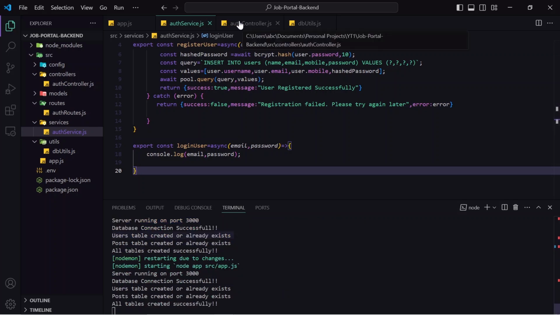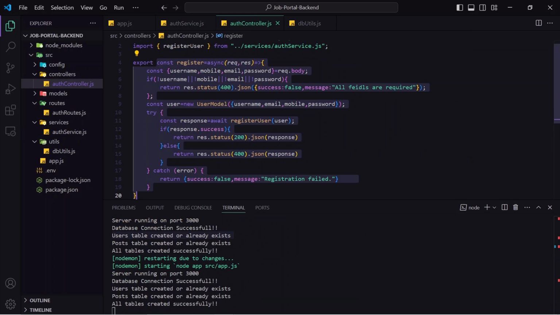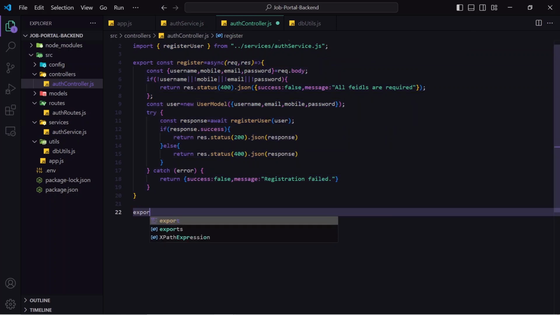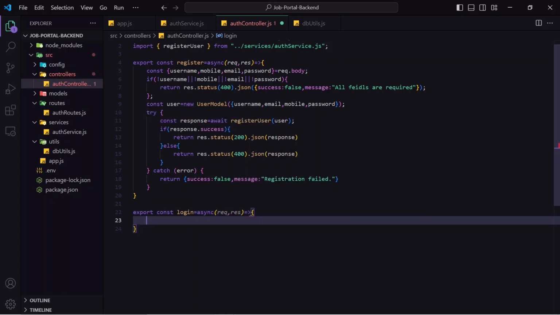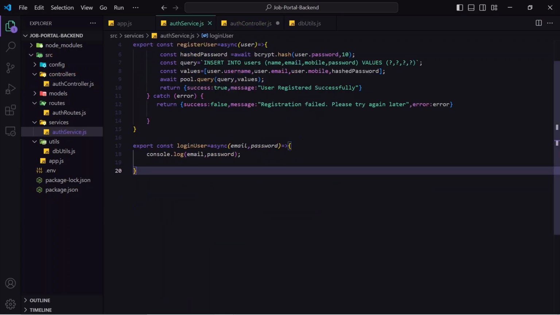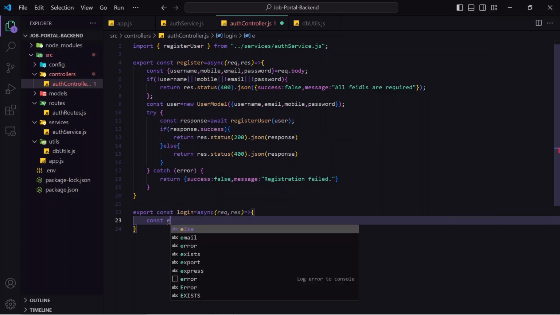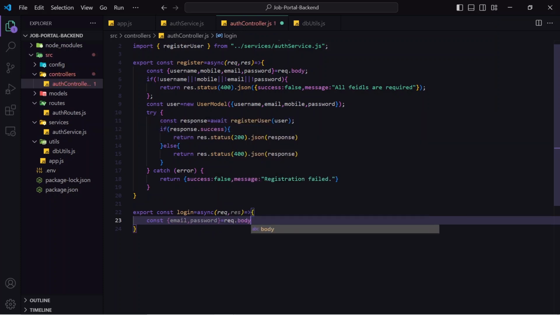After that I will go to the auth controller. Here you can see the registration function already exists, and here I am doing all the validation on data. So I will create a same function, and here we will get the request and response. In auth service we haven't got the request and response, we got the data directly, but here we will get the request and response. To get the data from the front end, we can extract it through request.body. So I will write request.body here,